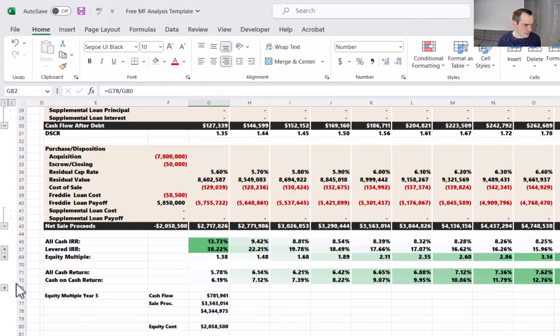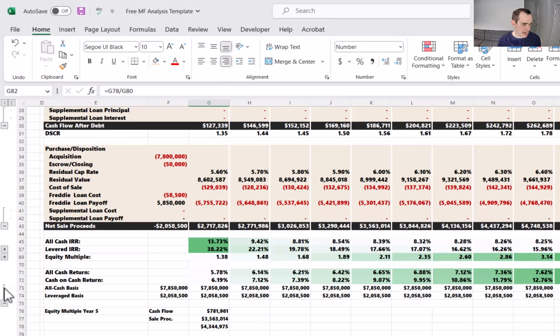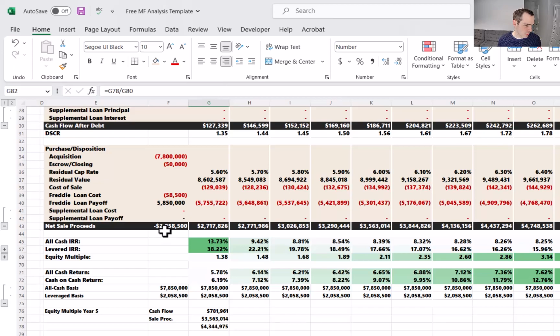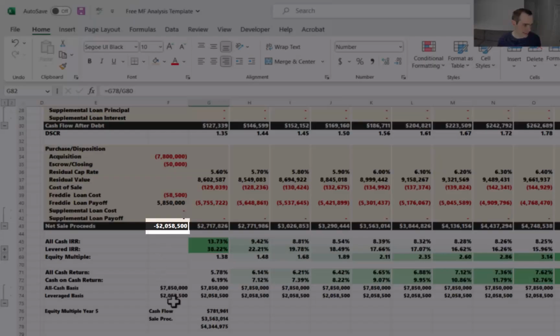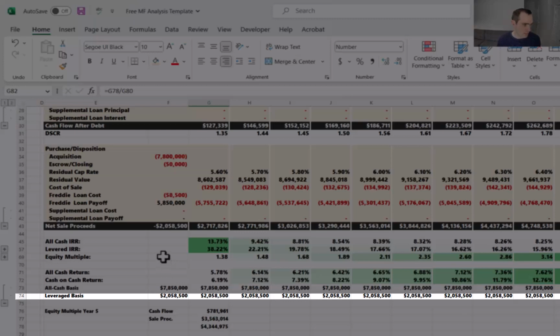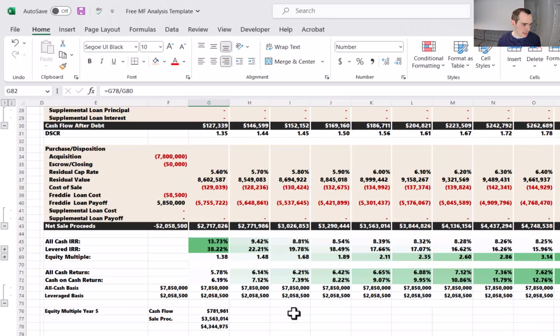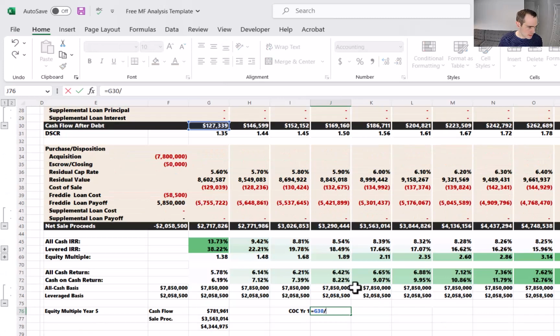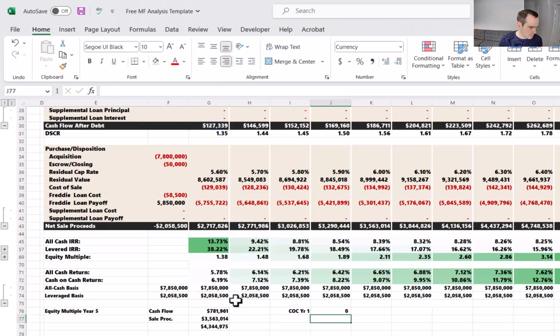So what happens here is there are some hidden cells where the Tactica template stores the denominator of the cash-on-cash equation. So in row 74, the leveraged basis is essentially just the cash that's going in to the deal in year 0. And that stays the same throughout the entire hold because we never have any capex that we're funding out of pocket. So if we want to calculate the cash on cash on our own, let's do cash on cash year 1. We would take the cash flow after debt service divided by the denominator in year 1, get a percentage,